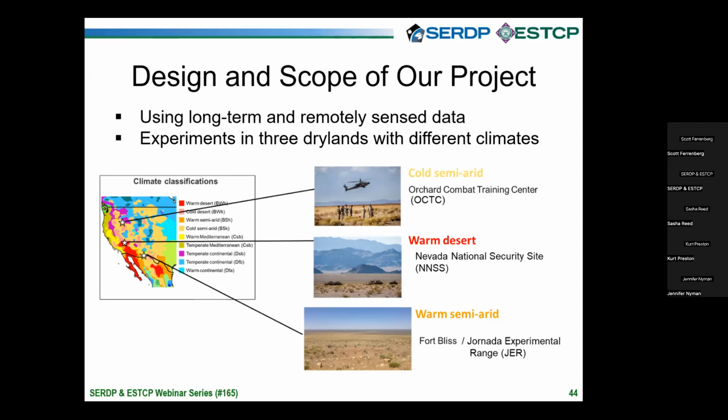And finally, we move all the way down to the border in southern New Mexico in the Chihuahuan Desert, where we're working on the Jornada Experimental Range, which shares a boundary with Fort Bliss, which was our original targeted location. Now, these different climate types, as we move across the West, imply that we're going to find different varieties of species and different forms and functions in those ecosystems. And this is one of the reasons why we wanted this latitudinally dispersed set of experiments, so we could cross conditions that were not only climatic, but also in the local communities that we would expect to work with there.